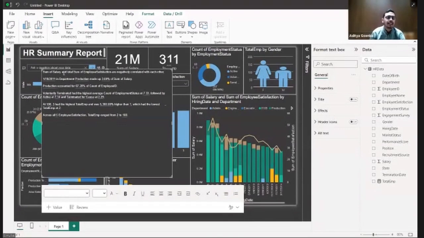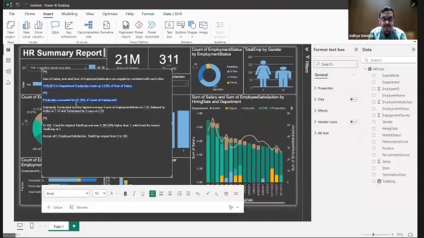Magic. Guys, so why did this happen? What is the analysis behind it? What did I do? I simply right-clicked on it and asked the artificial intelligence inside Power BI to summarize it. Sum of salary and sum of total employment satisfaction are negatively correlated with each other.